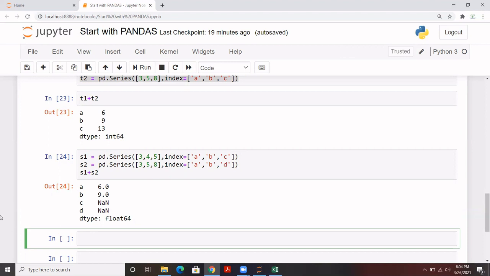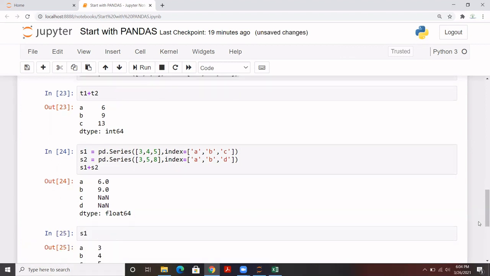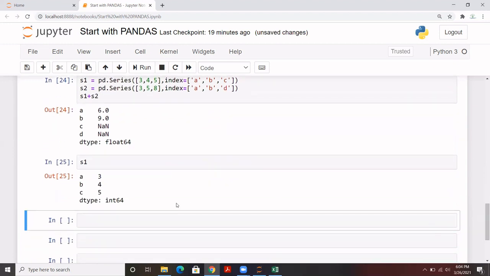Let me give you an example here. So let's say this is a series S1, and you see in this series, let me scroll down. In case I need to extract this 3, I have two options to call this record. One is the zero index, I mean that is based on their position, and one is the name, which is A. I can call it in two ways. One is from their position and one is from their label. Let's say I want to extract it. We call it position based indexing.